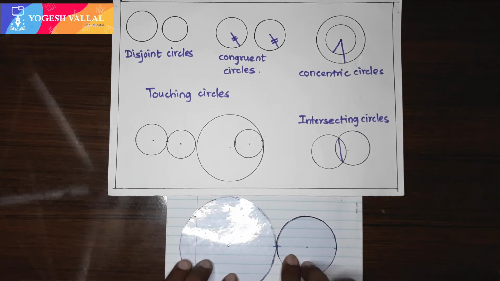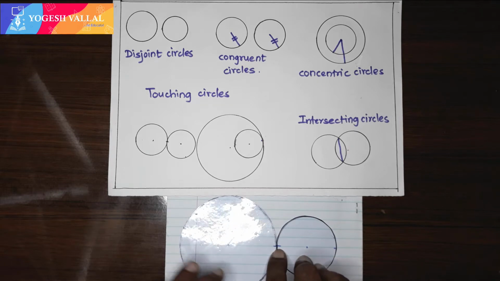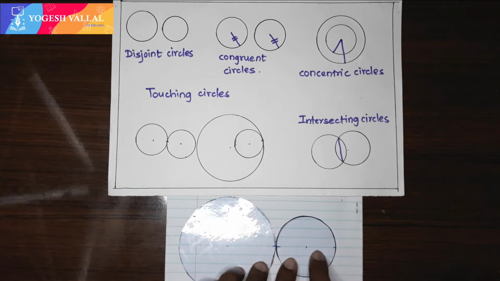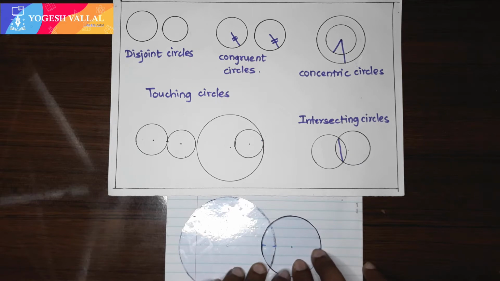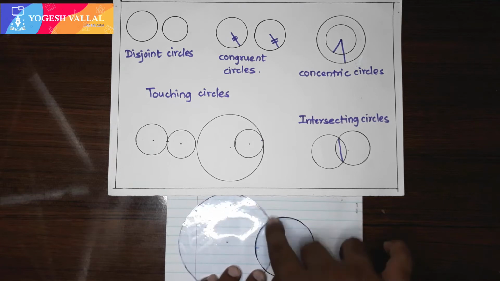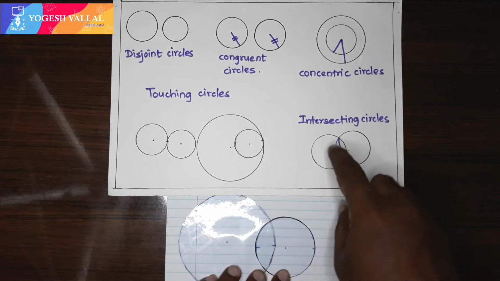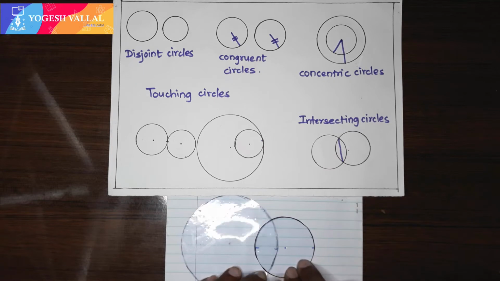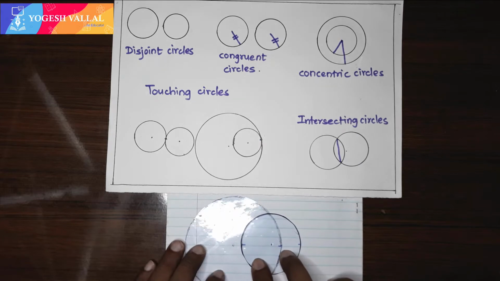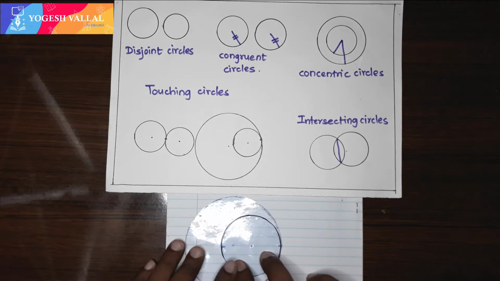If we touch these circles at a single point, these two circles are said to be touching circles, and the circles are touching externally. There is a single point common to them. Now I will move these circles again towards each other. Now you can see that there are 2 points which are common to them, which means these are intersecting circles. If I move these two circles again closer to each other to this extent,